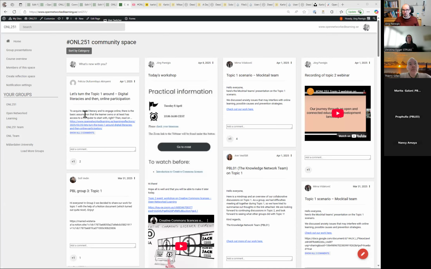And what you can always do already, if you go to the community space, and I can show you, what you can always do manually is just share your reflections and put a link in the reflection space, as Felicia did here with topic 1. Yeah, that's what one of our colleagues did. And that you can do manually. We just wanted to make it easier for you and automatic, so that we are doing also in the next couple of days. Yeah, that was your question. Any other questions regarding this part?